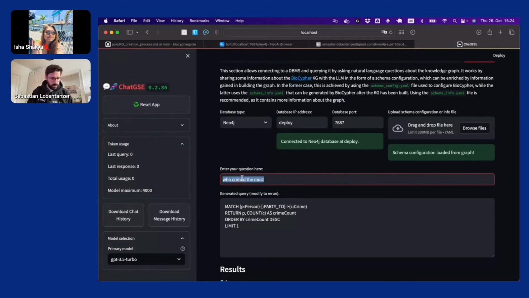So let's see. Who has most friends involved in crimes but was not involved in crimes themselves?